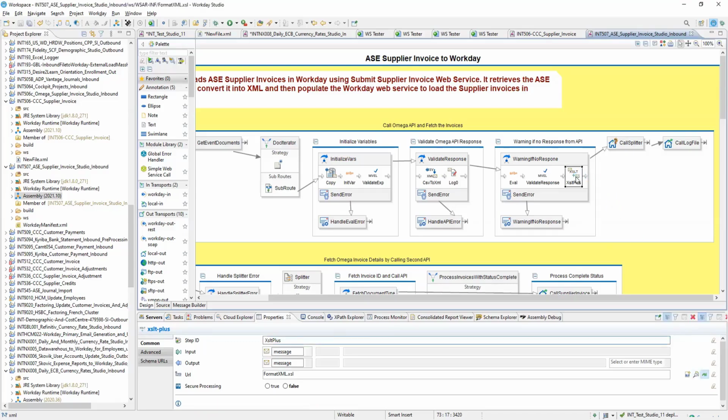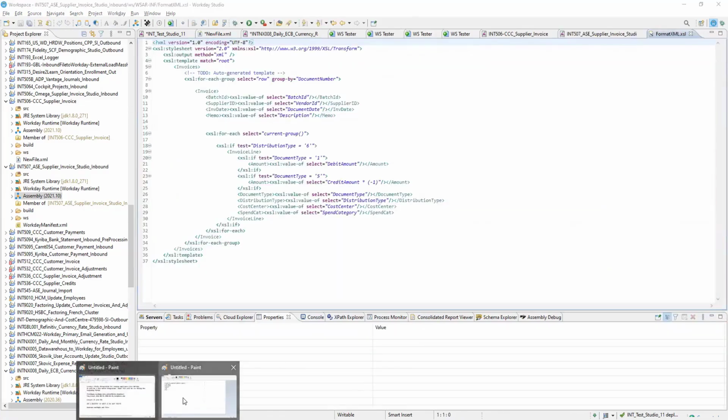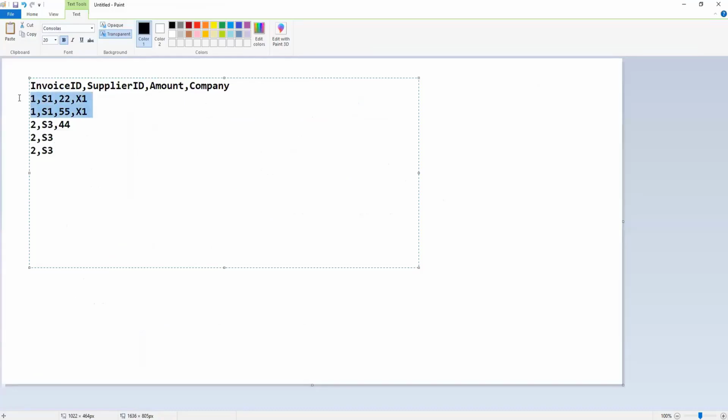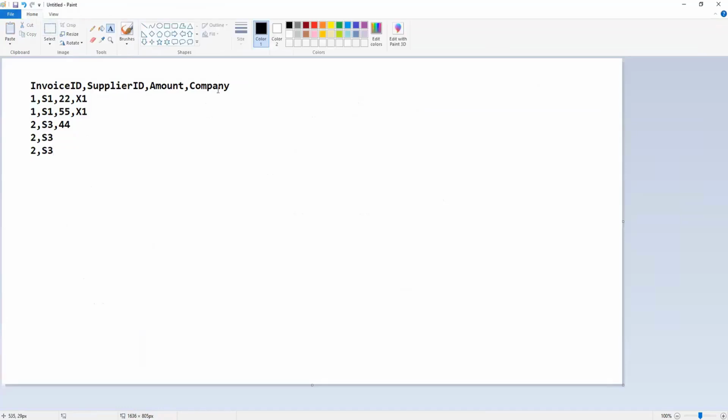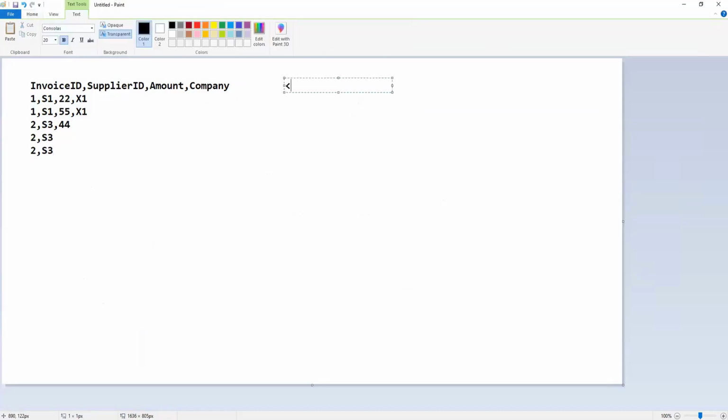Now, why I'm doing it here is because of this scenario. I want to group all into this. What will happen here is this. You have your XML version and so on. Then you have root, then you have row.